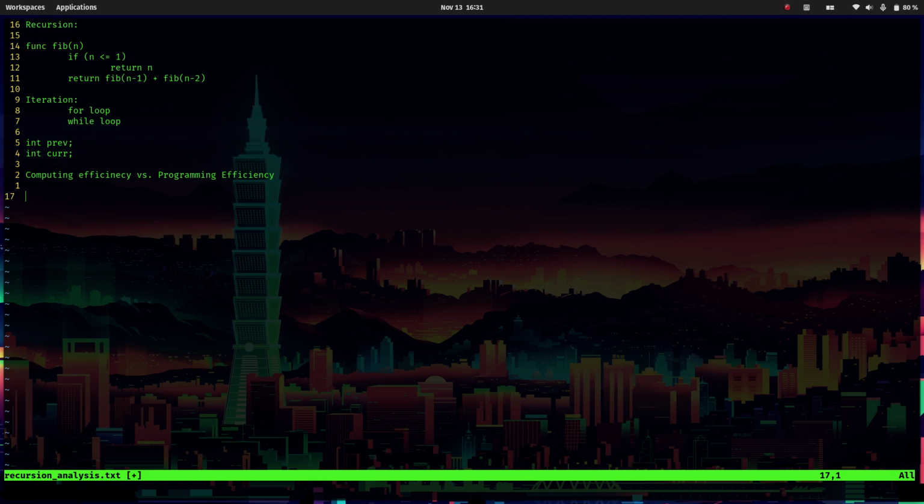But if you're doing something with recursion that would otherwise take a for loop or a while loop that would be very complicated, and you're only doing it once, where efficiency doesn't matter, it might be a better idea to use a recursive algorithm. So it's really dependent on what works for the use case